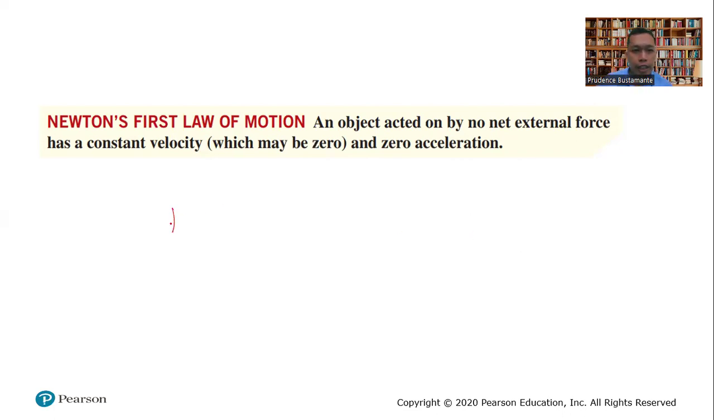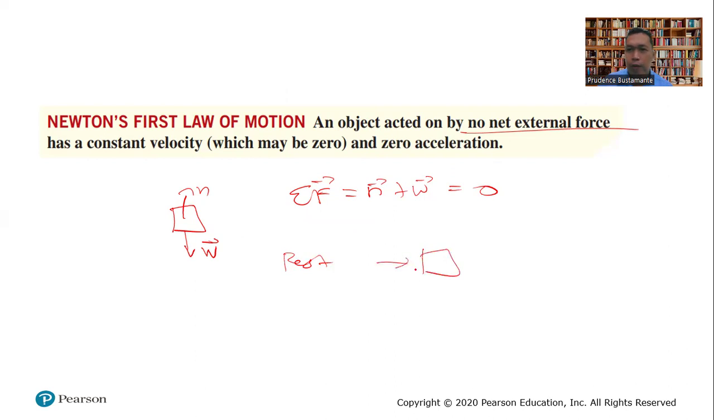Okay, if the object is at rest, there is a normal force and a weight force. But if you add the net force, the normal force plus the weight force, they are zero. So, no external force. If the object is at rest, it will remain at rest. So, what we mean by that. Or if it is moving with constant velocity,